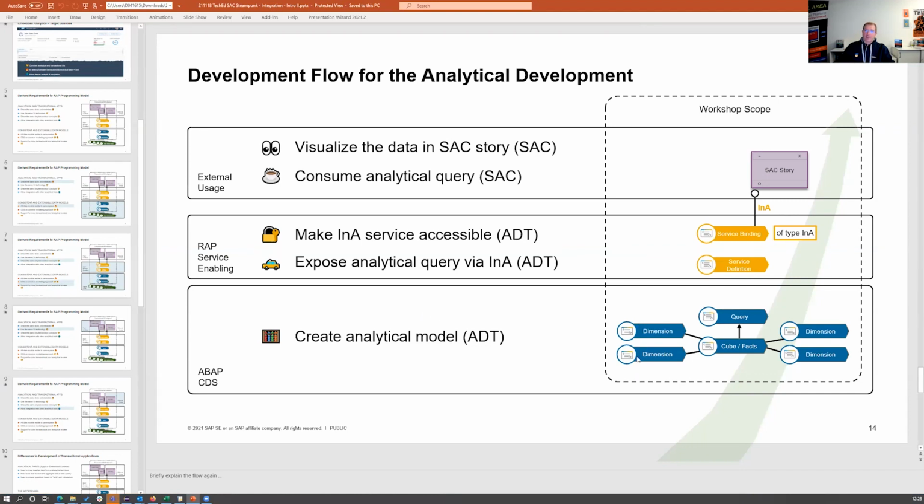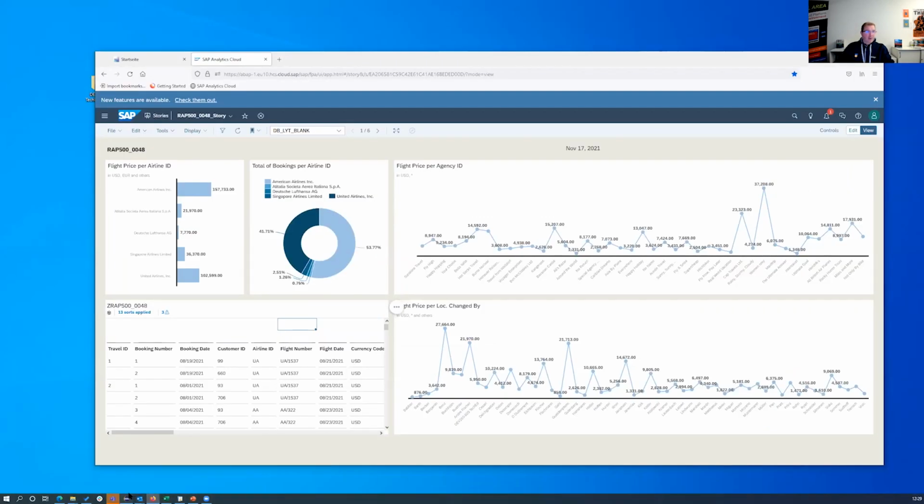We will start here in the backend to create the different repository objects needed in order to build an analytical service. That means we would start to create dimensions and then a cube and a query. So for this, we switch to the Eclipse framework